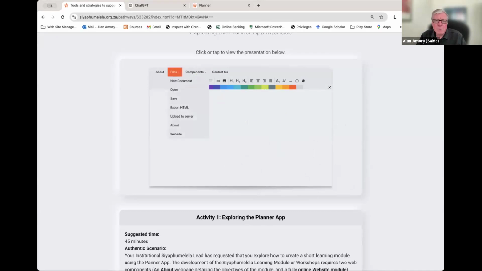So the first part is how do you manage your files? So a new document creates a new document. You can save a document. You can open that document. You can export that document to HTML. You can update it to the server, but unfortunately for you, you won't be given the password